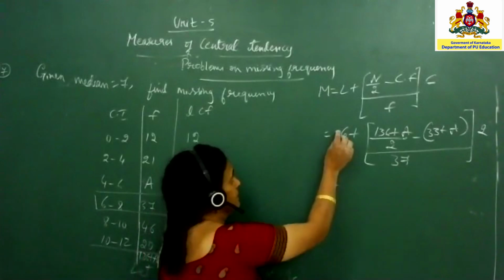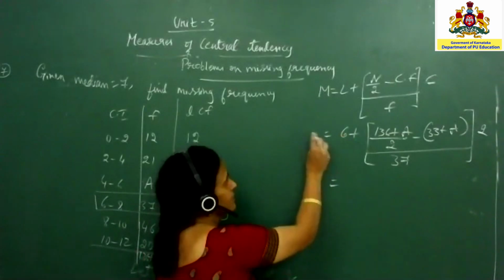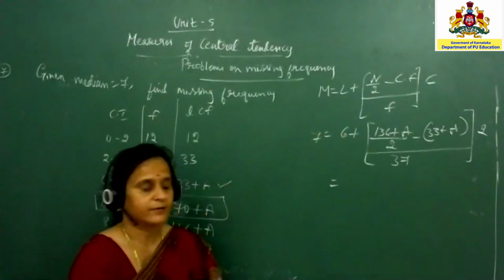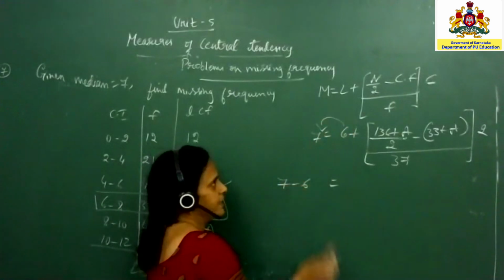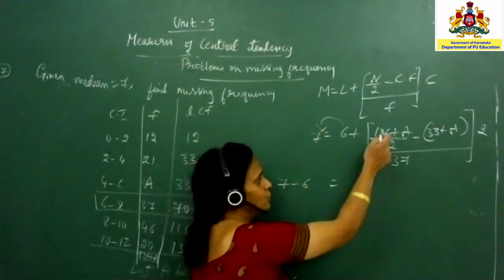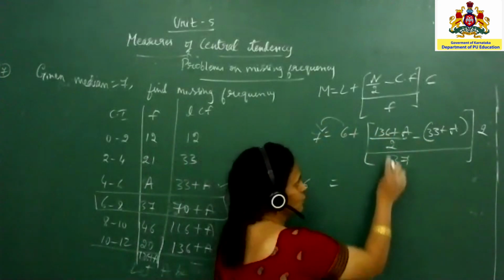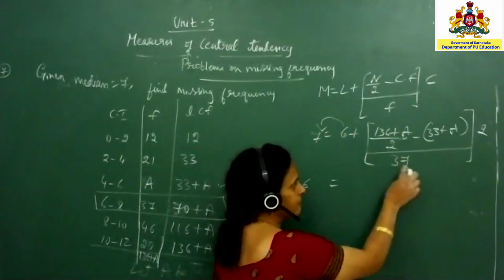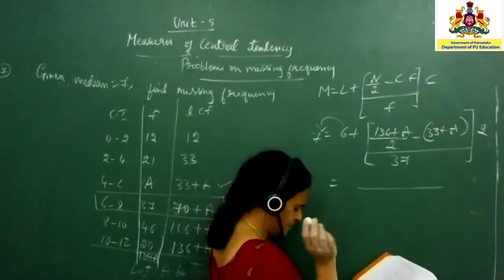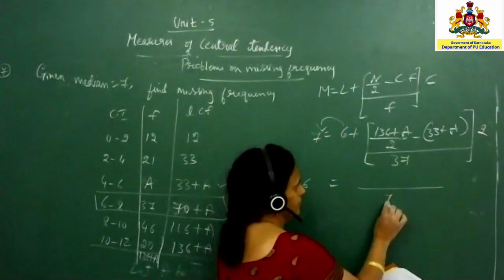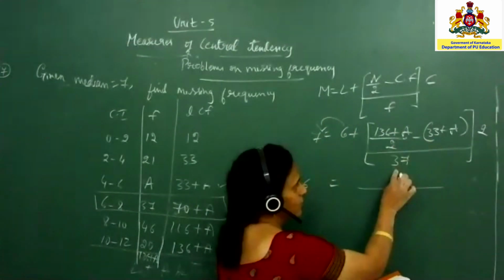Okay. So next step is here m value. M value is given as 7. I'll just substitute that 7. Okay. Next step, I'll bring 6 to left hand side. It will be 7 minus 6. So here if I just take the 2 as an LCM, so it becomes 2. And the 2 if I just multiply with 37, I will be getting 74. Okay. By taking 2 as LCM, that 2 I just got it down.